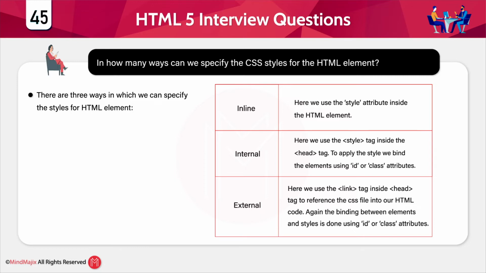That file will be linked with multiple HTML pages. The link tag is used for that; it can link the external style sheet file with multiple HTML files. The style tag allows us to include the style within a web page. Using the style attribute, you can define the style for a particular HTML element. These are the three ways: inline, internal, and external.